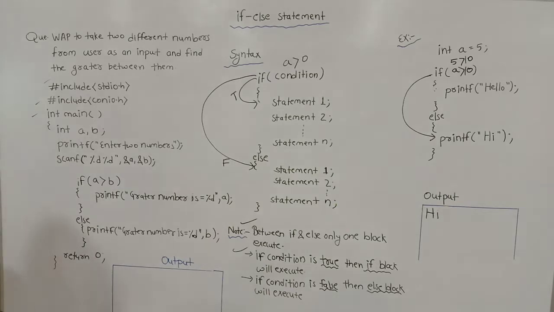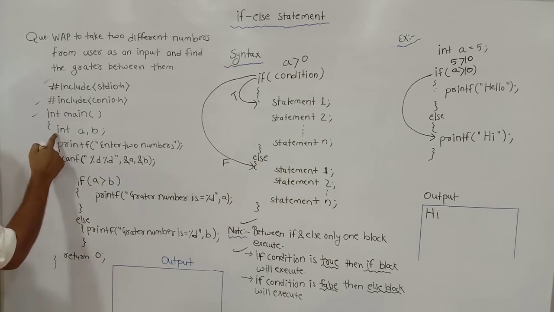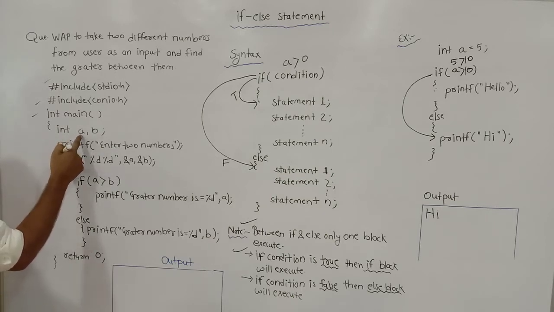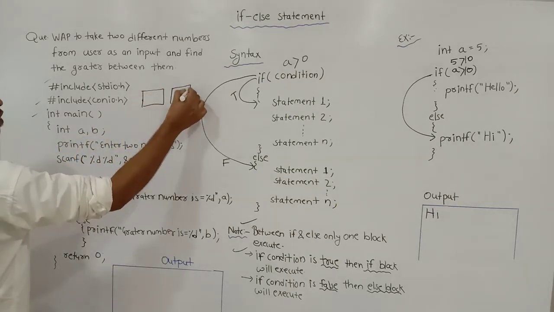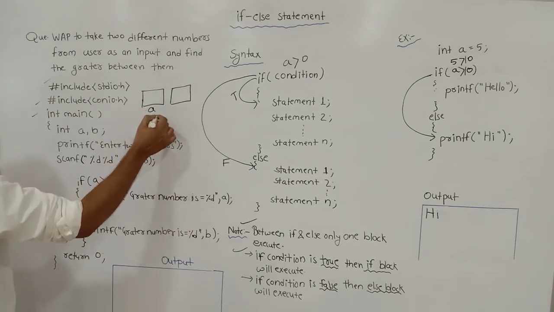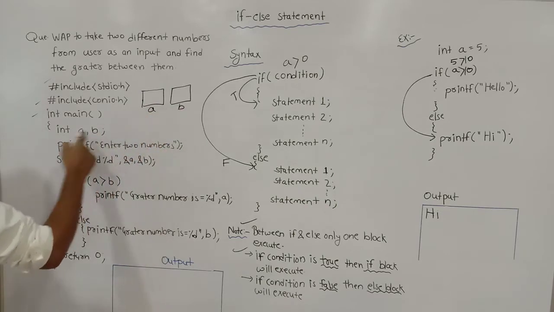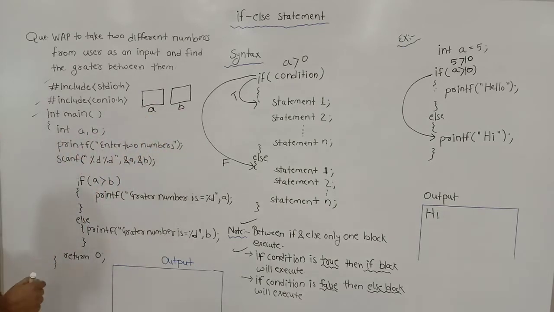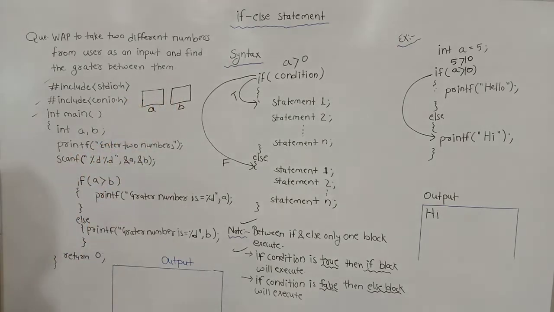For storing the two data, we have declared two variables of integer type. When this statement executes, two memory blocks will be occupied for the variables. For example, one memory block for one variable and a second memory block for the second variable. The names of these memory locations will be A and B. Right now both variables don't have any value.